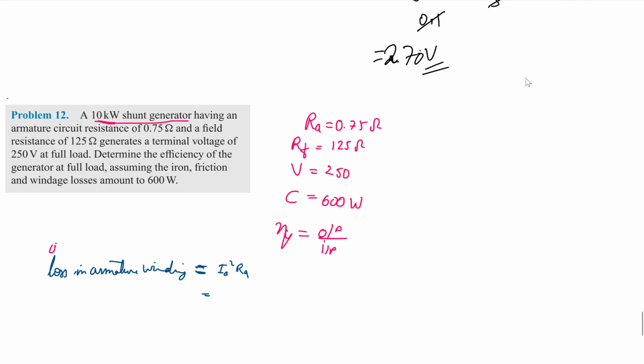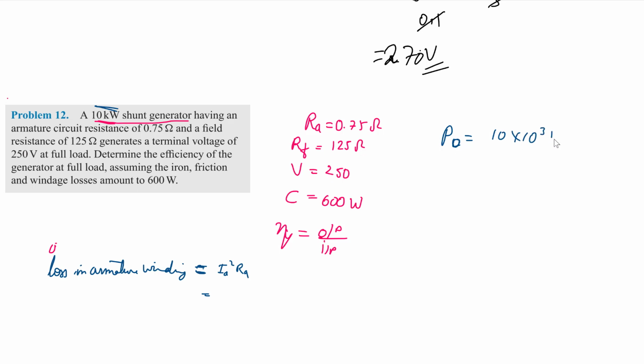So in this question we will first calculate the load current. So here the generator is providing 10 kilowatt of load and it is operating at full load. So load, we know, is the total power, the output power. This is the output power, 10 kilowatt,